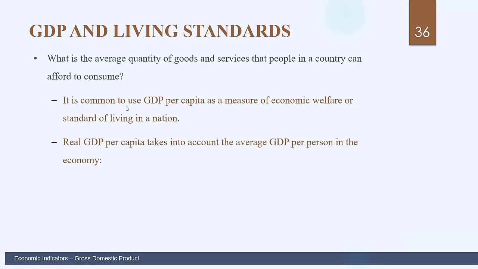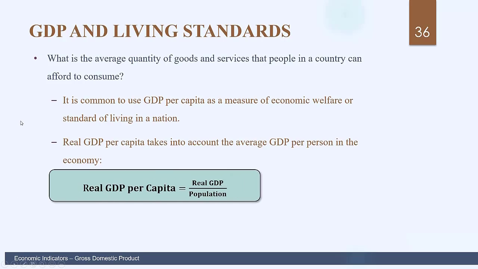Or you could think of our gross domestic product as our economic pie. That's the value of stuff, goods and services that we've created. And we want to know on average how much of that would apply to each person. Now, of course, the real GDP or the economic pie is not equally distributed among all of its citizens. So we can only go so far with its interpretation of living standards. However, looking at changes over time does say a lot.